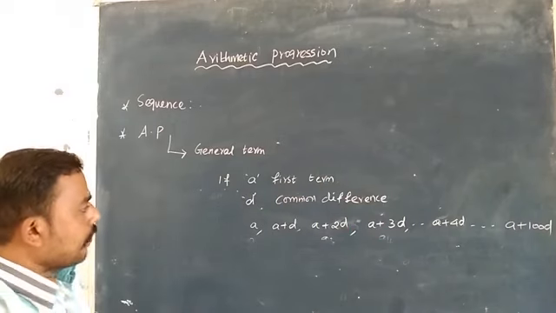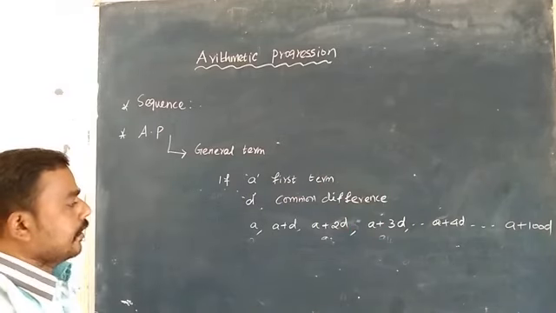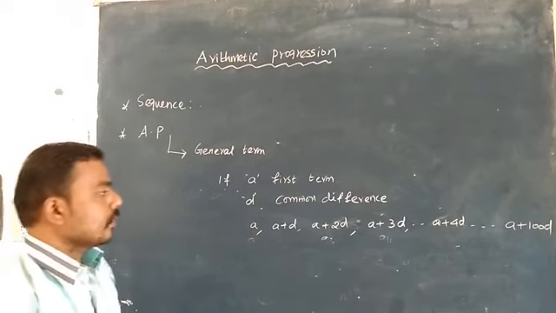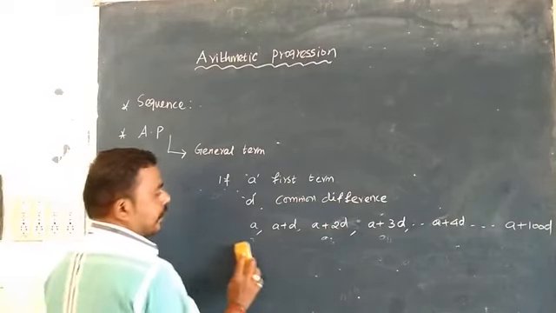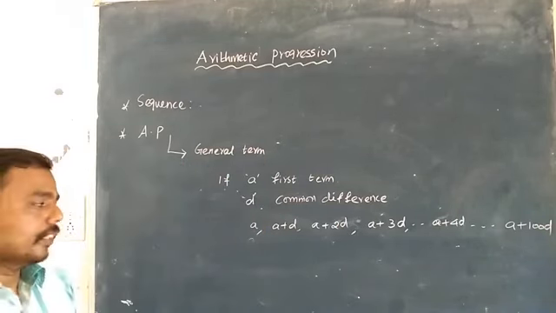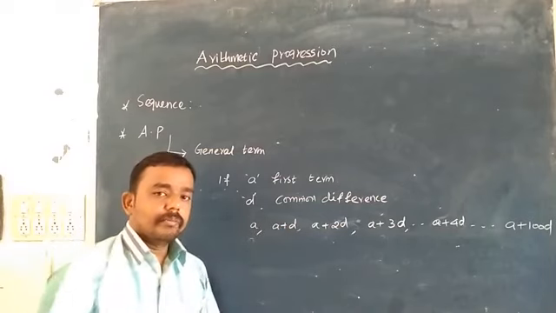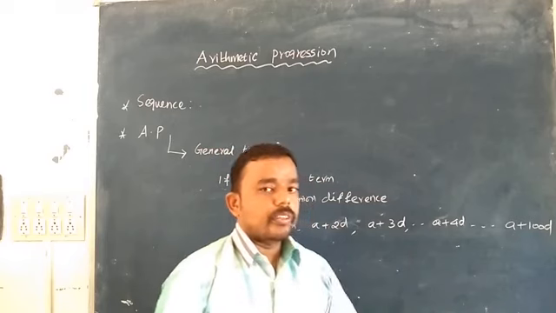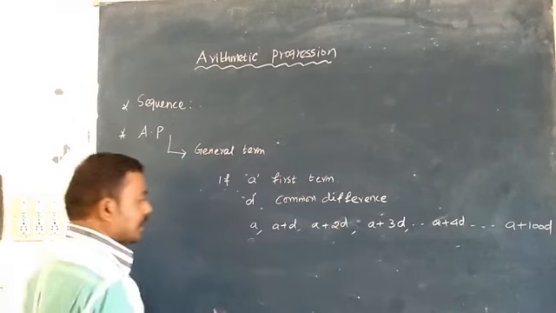So the simple form of AP is a, a plus d, a plus 2d, a plus 3d, a plus 4d and so on. So what is meant by a and d and the last term? This is only what we are going to study. If we have the last term, we can tell the first term is this one, the last term is this one, like that. So example,